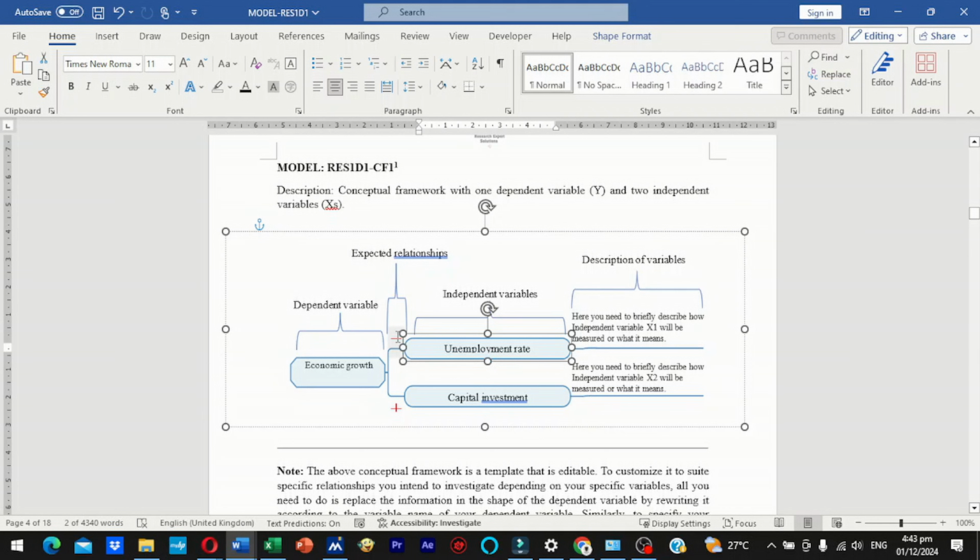So the other thing is that literature can give us also an idea of what the expected relationship is. You may find that mostly this will also come from theory, because what you expect should be based on what is conventionally accepted, and what is conventionally accepted is highly linked to theory. So the expected relationships can be specified by theory, or if your study does not have any grounded theory on the relationship you're looking at, then you can just delete these two expected relationships, and you can also delete